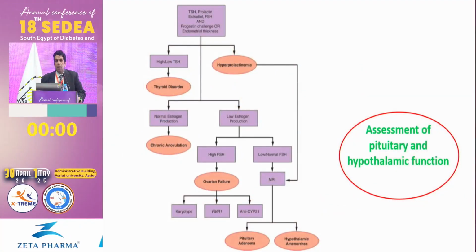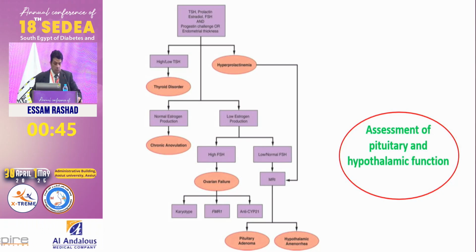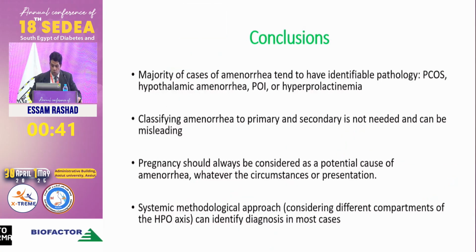Last 2 minutes, okay? So again, just to summarize, think of the different compartments, take the history, take the clinical examination, think of basic investigations. All you need to do at this level is to assess the compartment which has the problem. And then every compartment has its own differential diagnosis. If you can just come to the compartment, then you have nearly made 75% of the diagnosis.